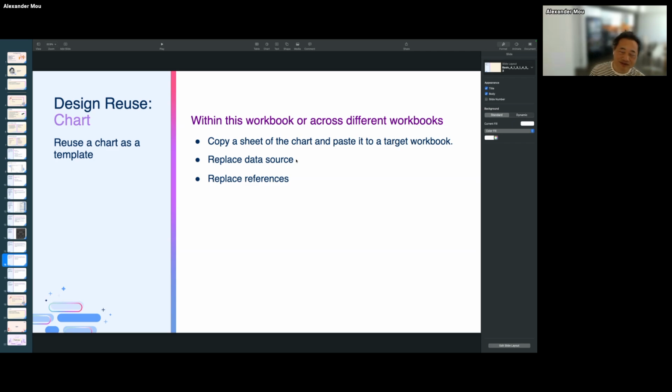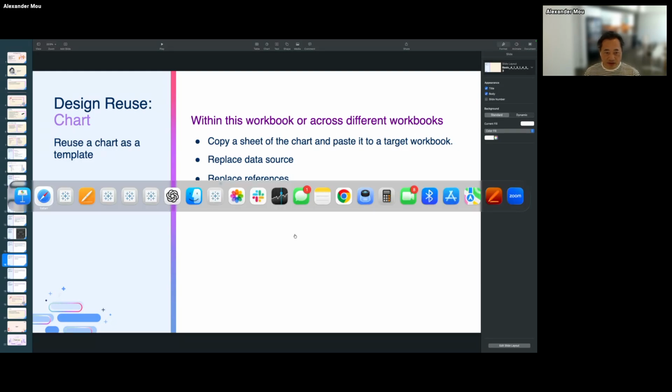Otherwise, the replace won't be successful, right? And the replace reference, probably you guys, it's in the menu.